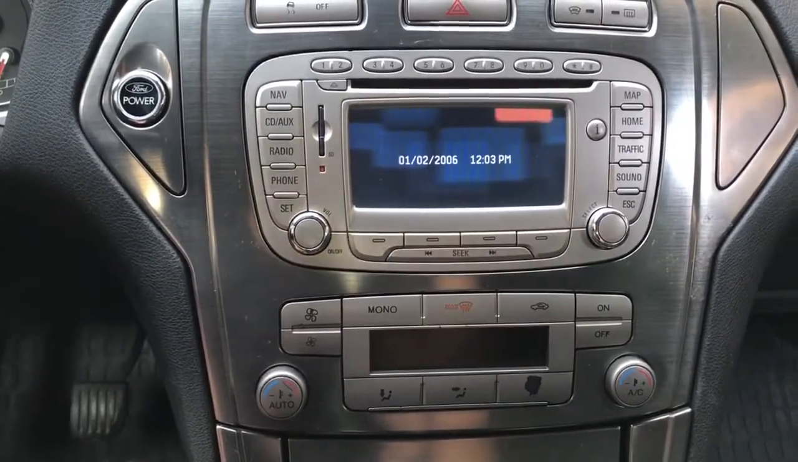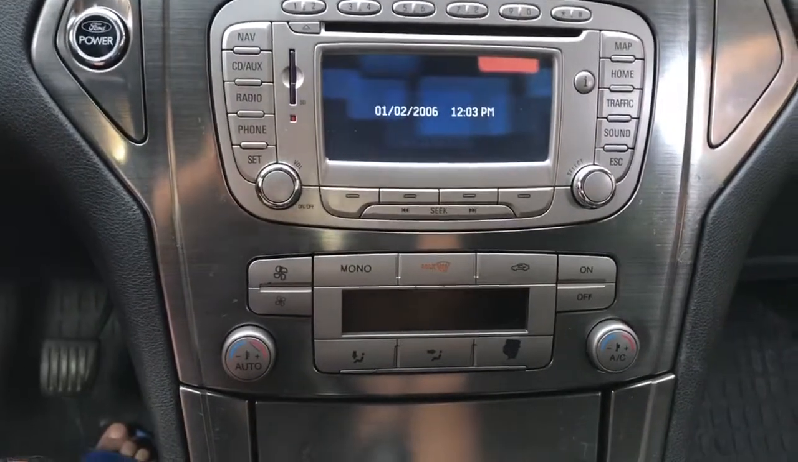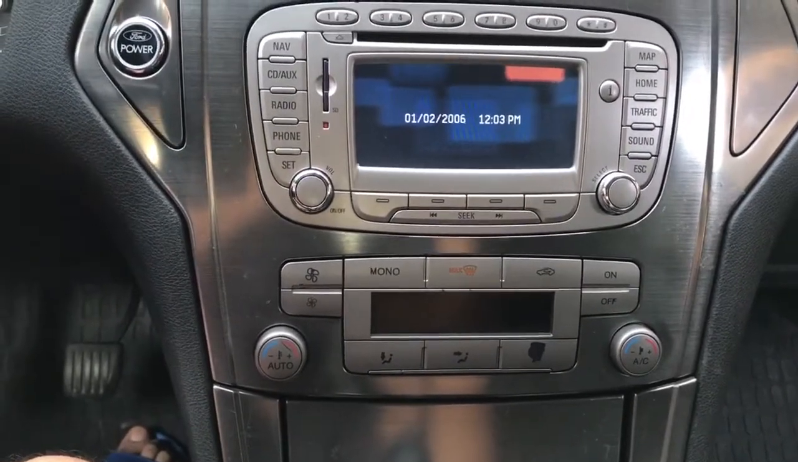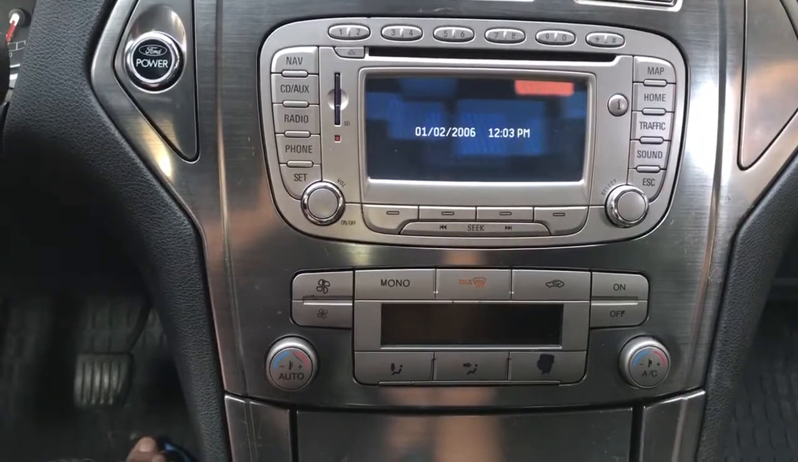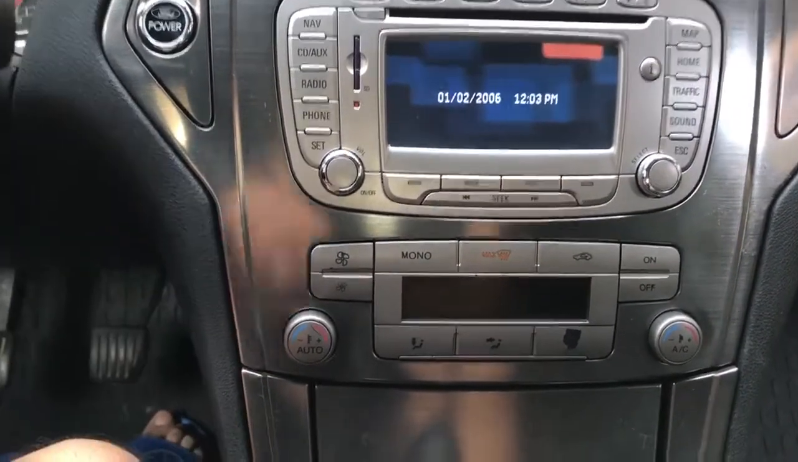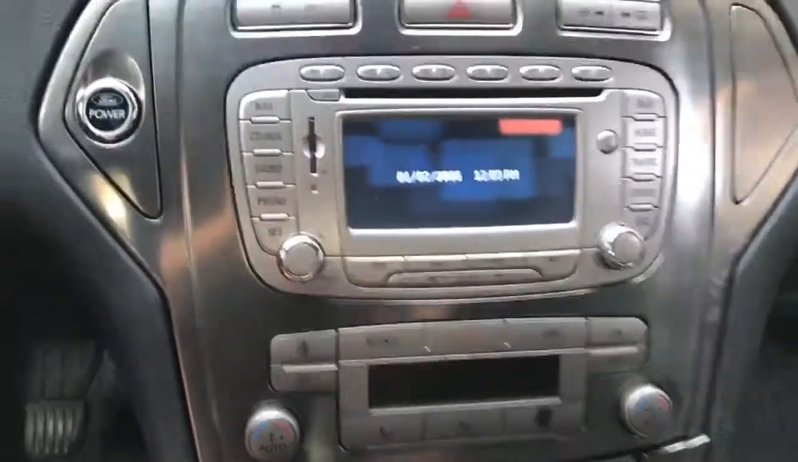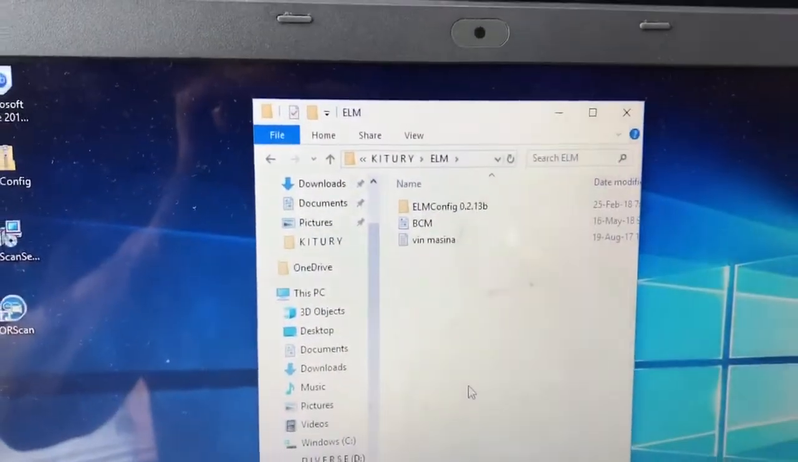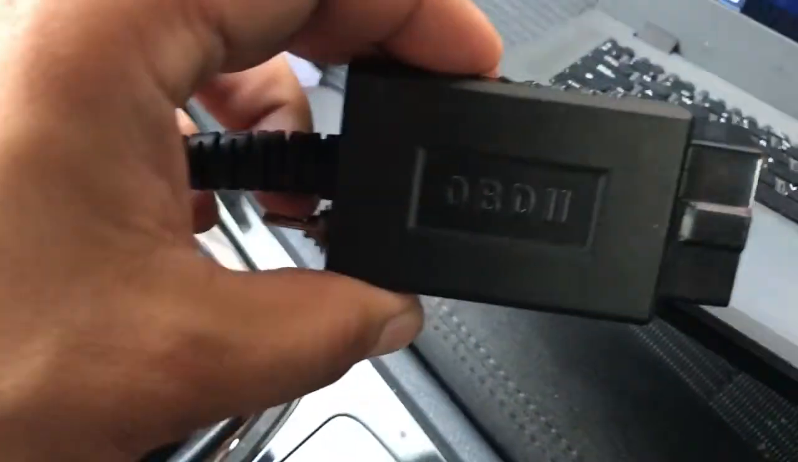ELM to make the climate work. I'm not a pro. This is what I share with you, my experience, and I think it will help someone. So from the start, this is my ELM, the program. This is my OBD,